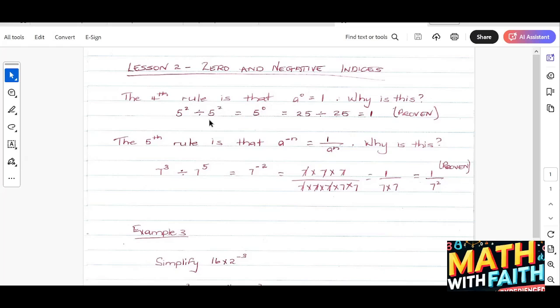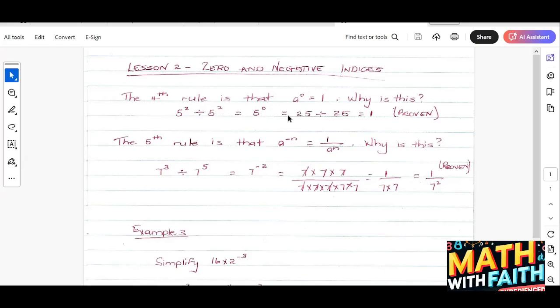Now, if we go back to rule number 2, we know that if we have the same base, we can subtract the indices when we're dividing two terms with the same base, right? So we could subtract the indices. So we know that 5 squared divided by 5 squared is the same as saying 5 to the power 0,